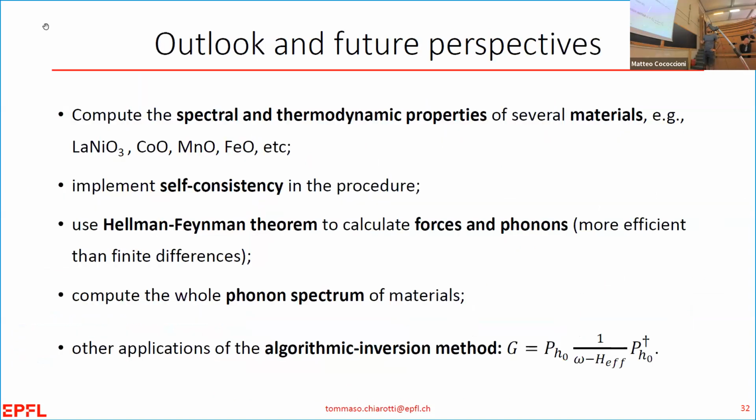Okay, now the outlook of this, and there I will finish. The outlook is the fact that, of course, now that you have all these techniques, you want to compute several materials. Clear? Now, what I showed to you is a one-shot calculation. But since there is a functional, you want a way to minimize it, right? It's actually, the Klein functional is stationarized by the self-consistent solution of the Dyson equation. So you want to implement self-consistency in all of this.